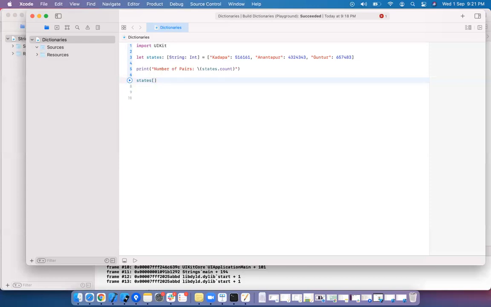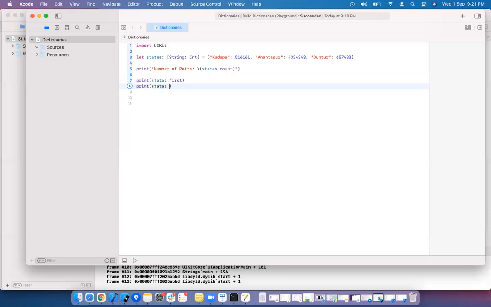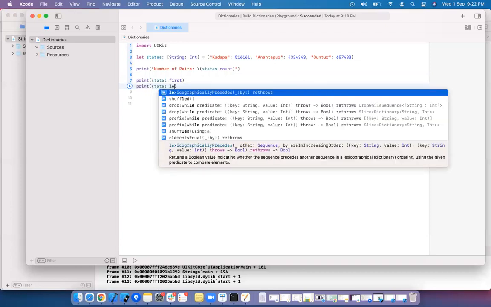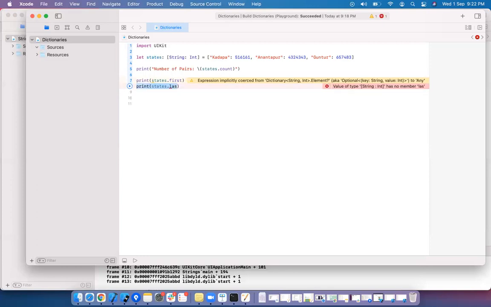If you want to get the first element, states dot first. If you want to get the last element, there is no last element, and we do not have drop last either.